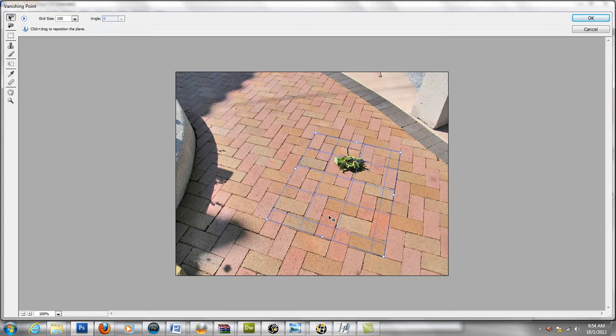If you see red lines or lines of any other color other than blue, that means that you have not created an accurate plane for the program to be able to decipher what kind of perspective is in your image. So once you've created your plane just by clicking into 4 different points here, I'm going to now take the Clone Stamp tool, and